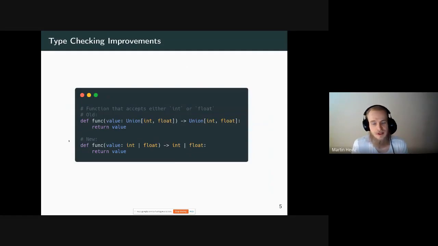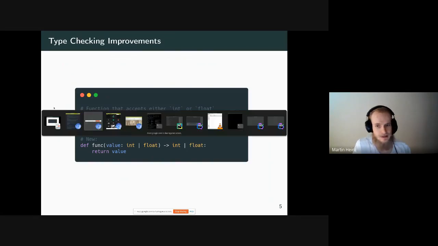Next are type checking improvements in Python 3.10. There are a couple of them. If you are into type checking and type annotations, you will probably be happy with the changes. The first of them is usage of the union operator in annotations. So if you are not aware,